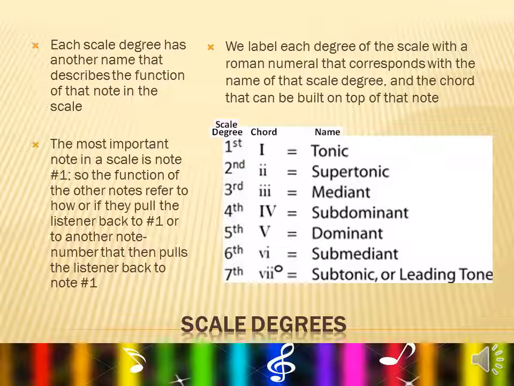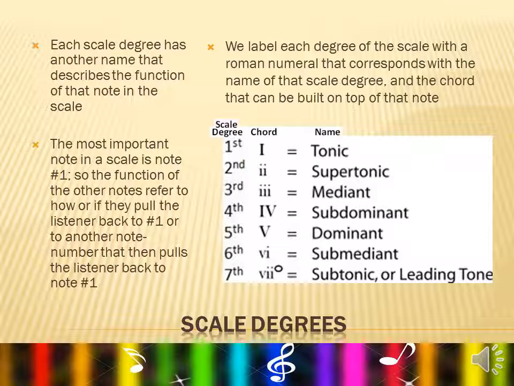The first scale degree has Roman numeral 1 and is called the tonic. The second scale degree is Roman numeral 2 and is called the supertonic. The third scale degree is Roman numeral 3 and is called the mediant. The fourth scale degree is Roman numeral 4 and is called the subdominant. The fifth scale degree is Roman numeral 5 and is the dominant. The sixth scale degree is Roman numeral 6 and is called the submediant. The seventh scale degree is Roman numeral 7 and is called the subtonic in minor scales or the leading tone